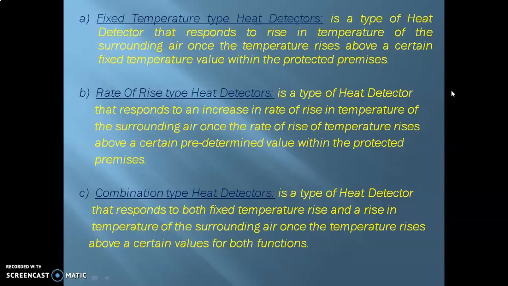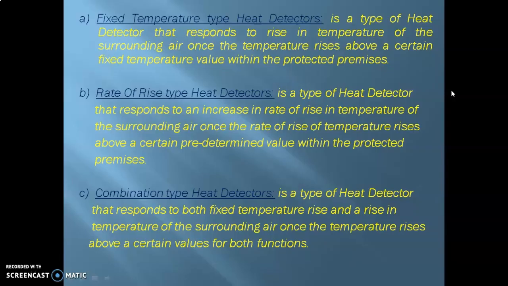Then if the temperature of the premises goes beyond this temperature, that is 135 degrees Fahrenheit, the heat detector will analyze this temperature and say that this is a fire alarm signal, and then send this signal as a fire alarm signal to the FACP. So that is basically how it functions.